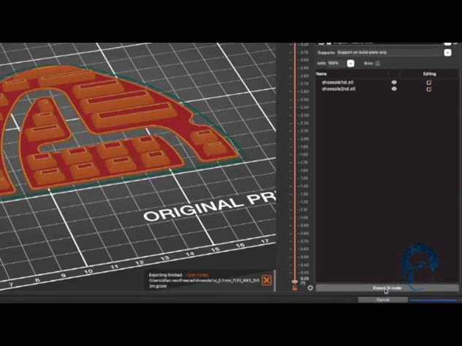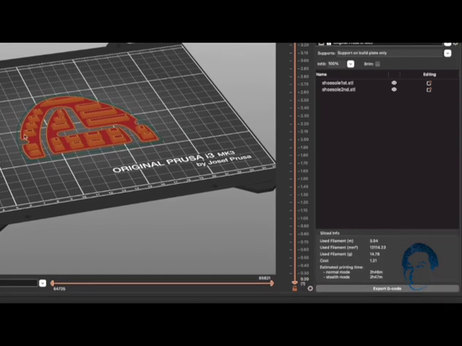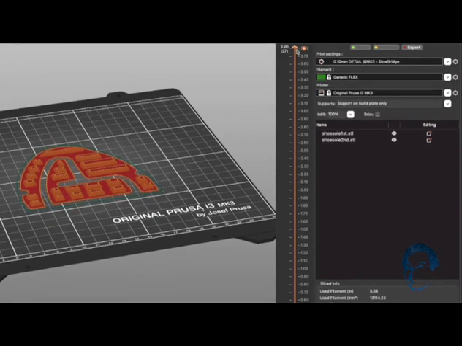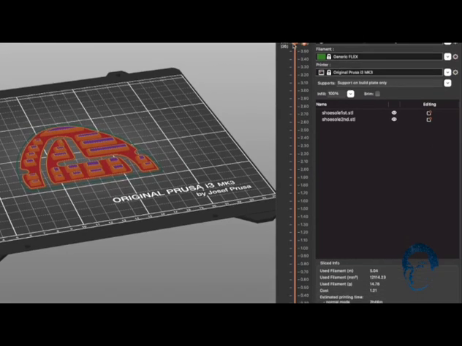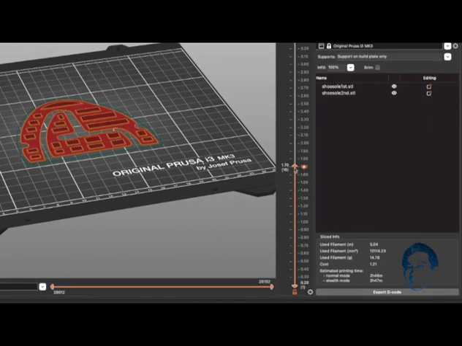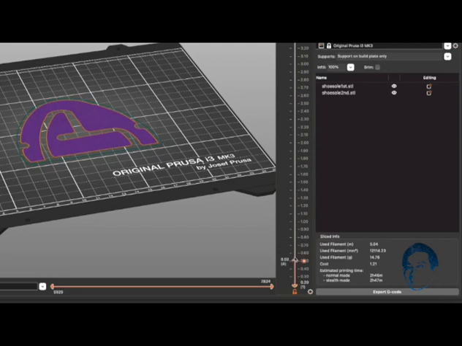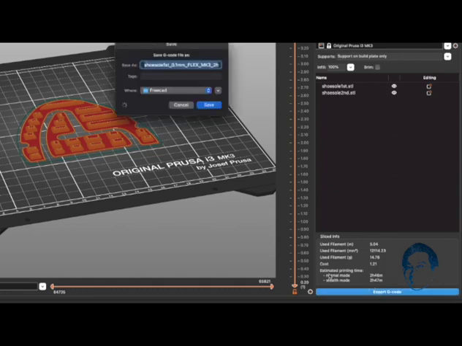Alright, we click on this, slice, and this is how it looks on the slice itself, and you can pull this bar here to see each layer how it's been sliced, right, to the last layer. When you're happy with it, you can look at that it will take about 3 hours to print this outsole, and you can then export it to a G-code which is ready for the Prusa 3D printers. Alright, when you click on the export G-code, just input the file name that you want, or you can take the default and save it.